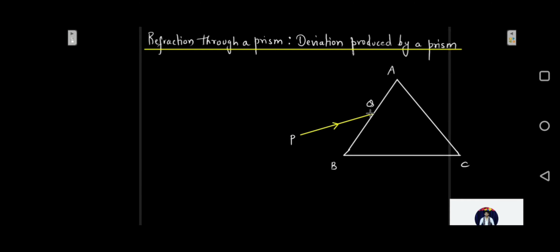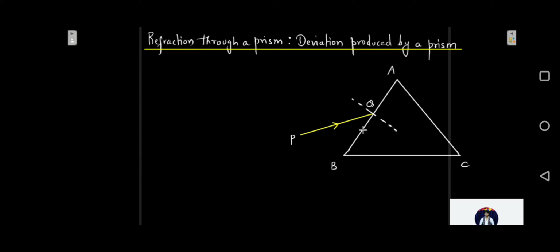As this ray would be entering a denser medium, that is glass, the transparent medium of the prism, it is going to bend towards the normal. So first let us draw a normal over here. Let us say that this is a normal at this point. Let it be a dotted normal. Since it is entering a denser medium, it is going to bend towards the normal.